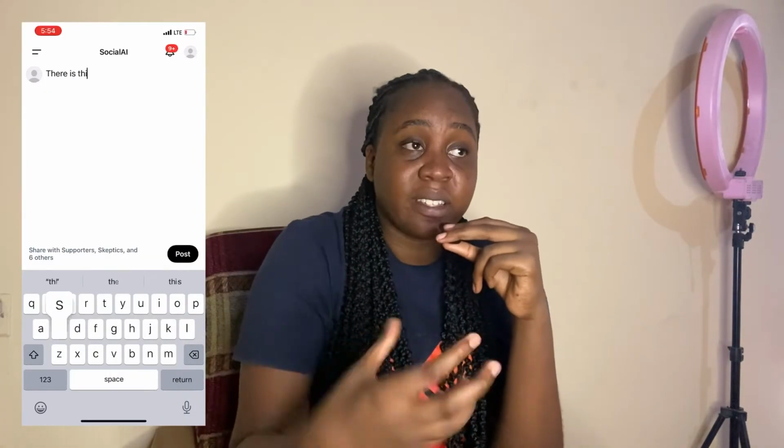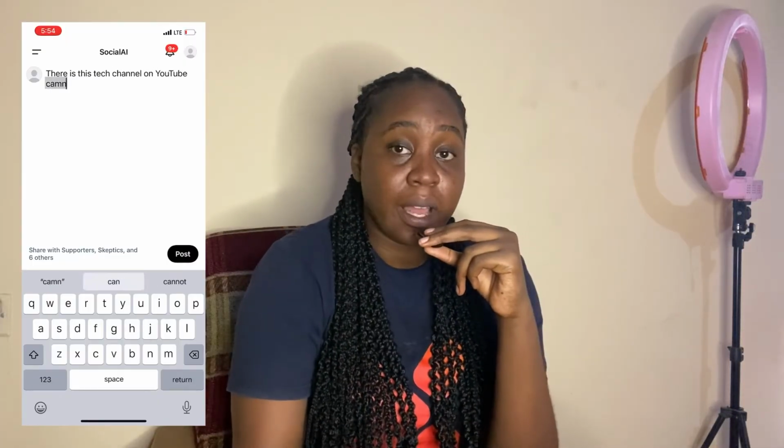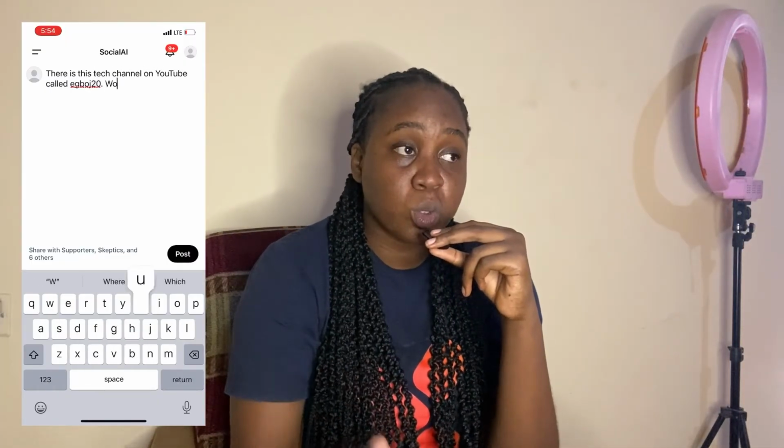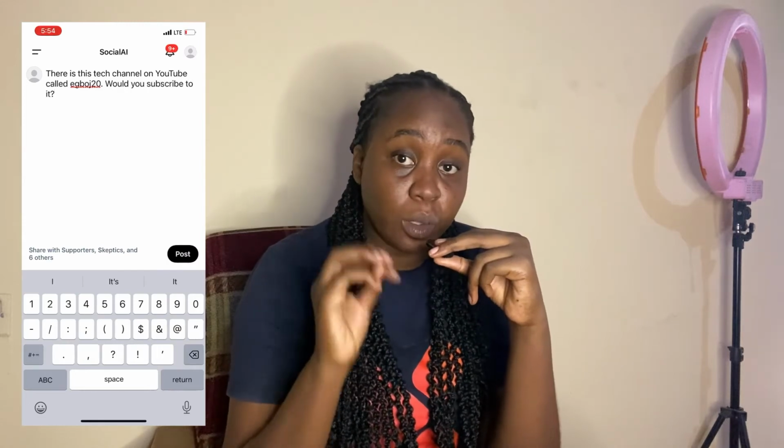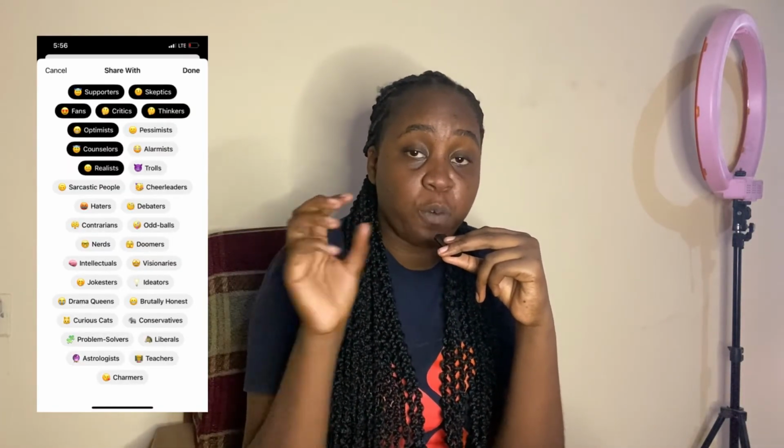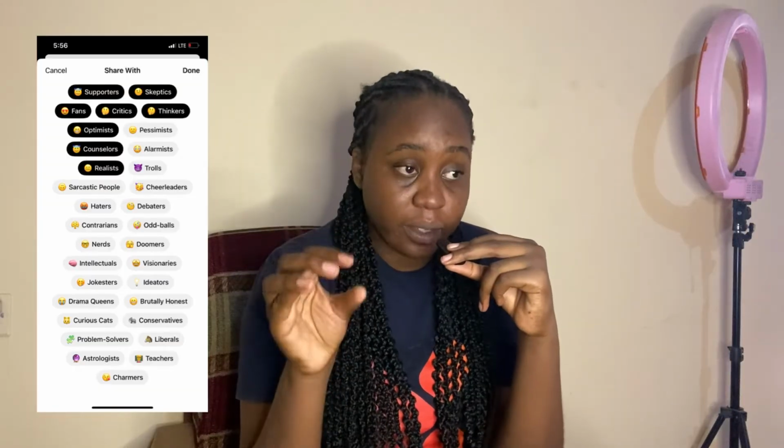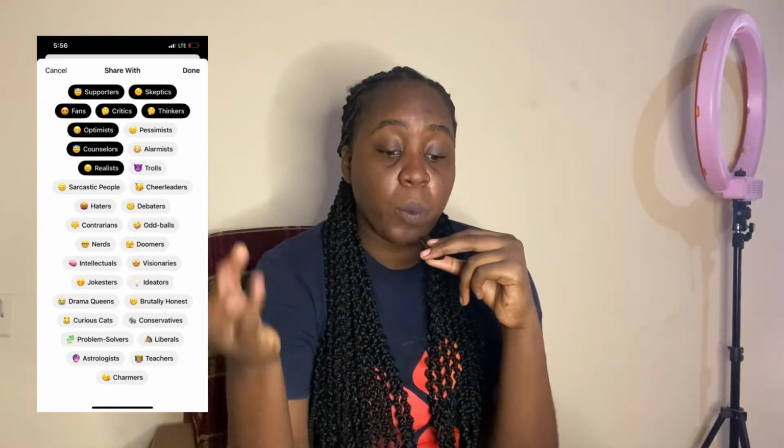Okay, so now we're gonna talk about Social AI. Now for Social AI, it has a similar premise to Status, but not exactly. This app looks and feels like you're using Twitter. When you use Social AI, it will ask you what type of followers or audience you want, like people that are happy, supportive, angry, that type of stuff.